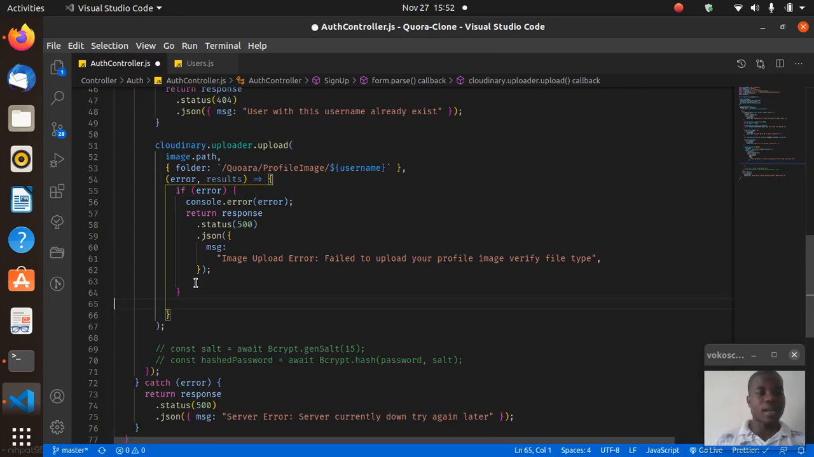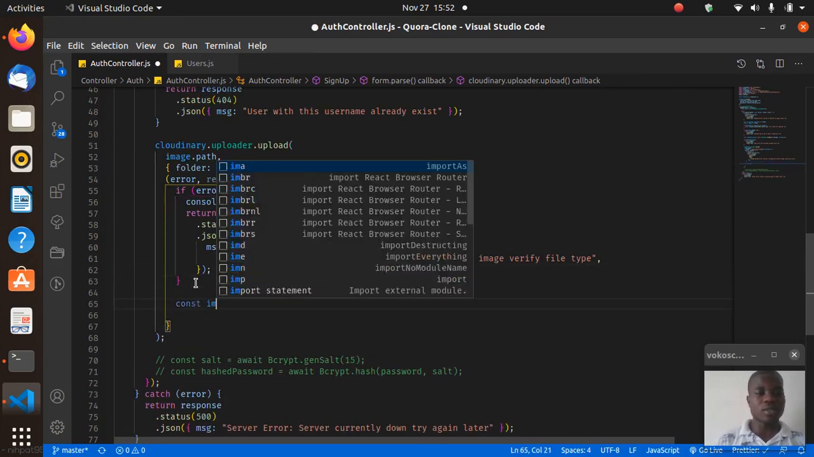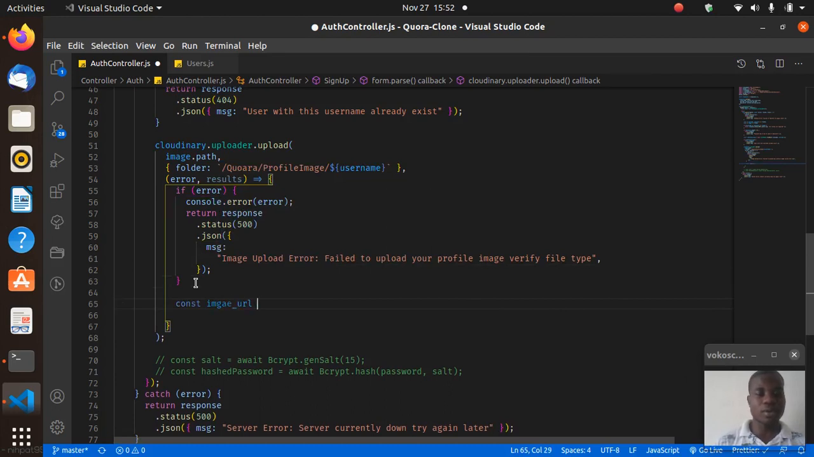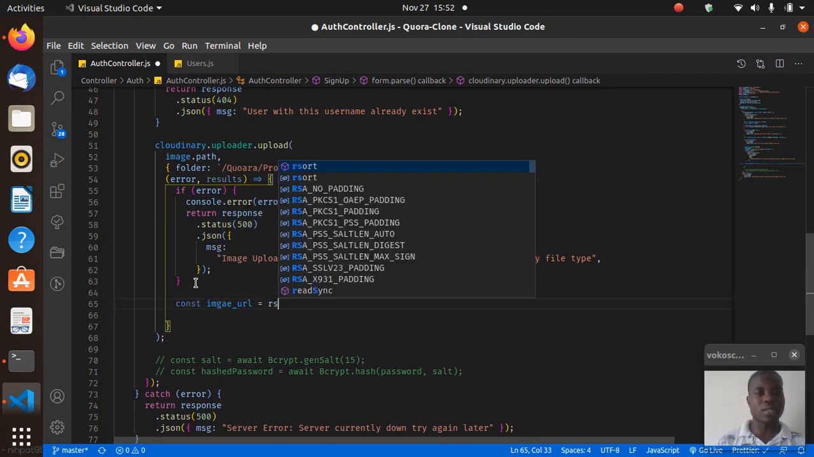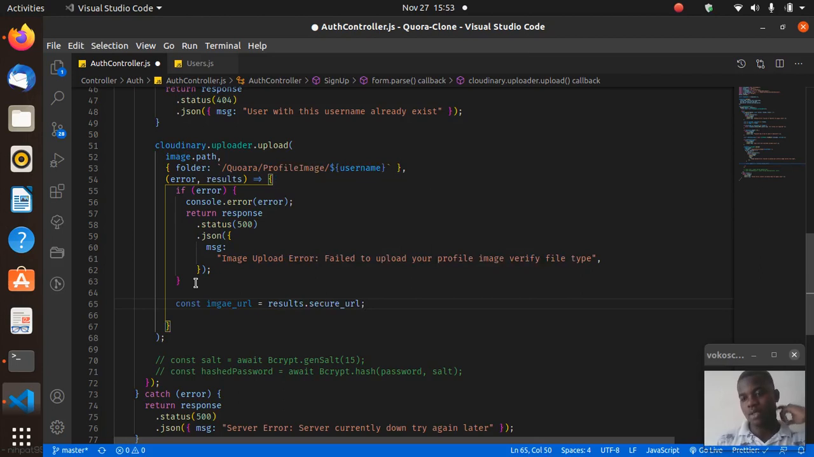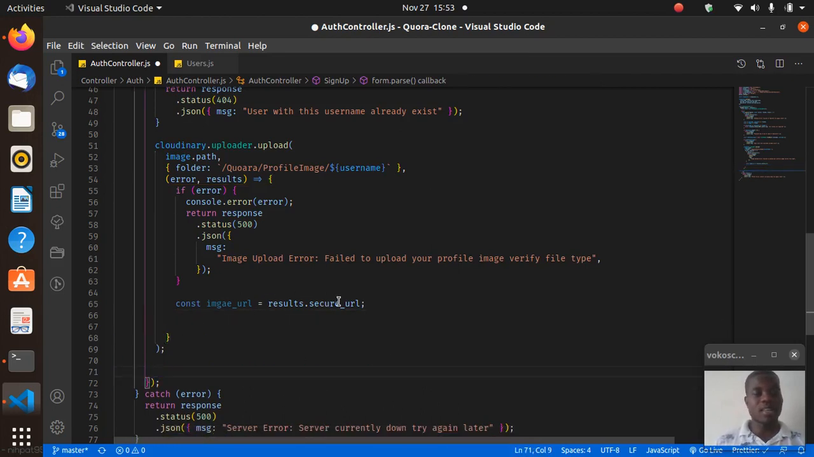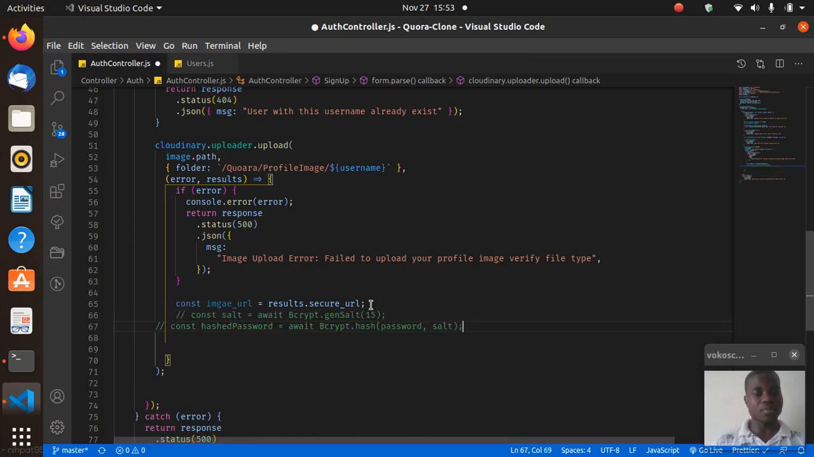So now if there's no error, we definitely got some results from Cloudinary. So we can say const image_url, whereby we'll say results.secure_url. Why secure_url? It's because you want to get the HTTPS URL, and that's where you now want to start saving and doing everything. So now once that is done, you bring this to life again, because before we save, we want to hash the user's password. Alright,